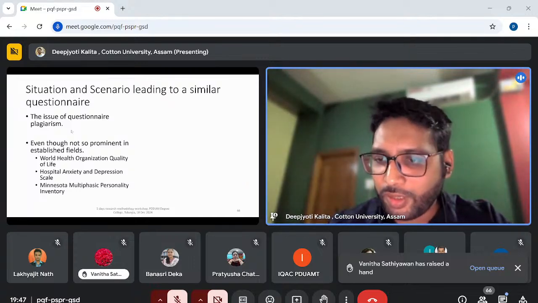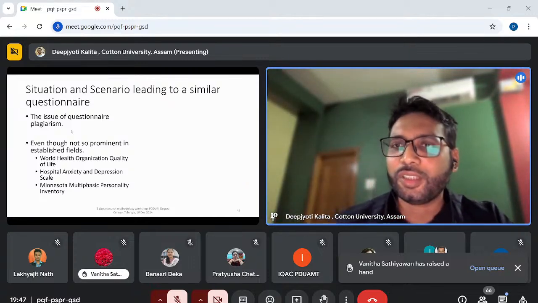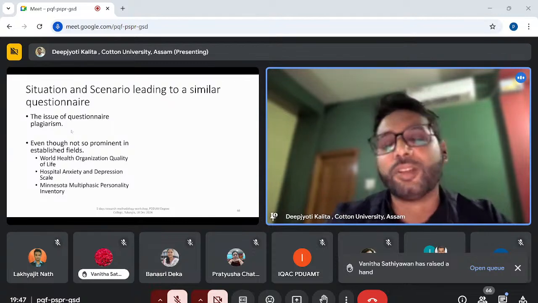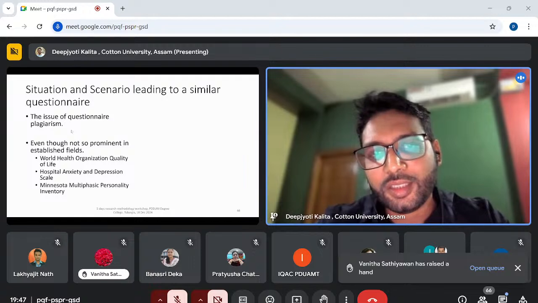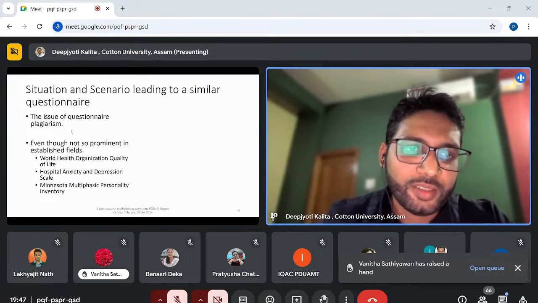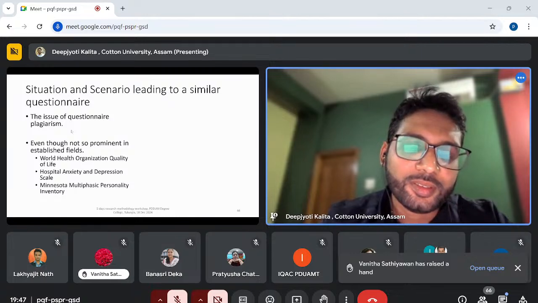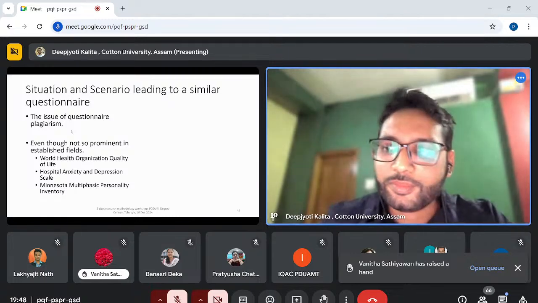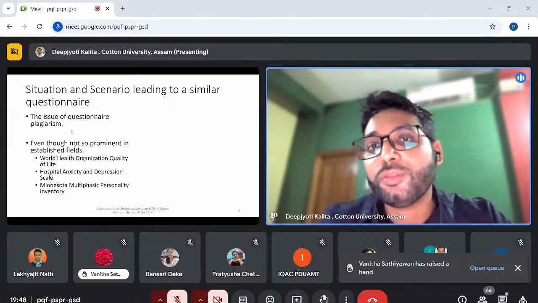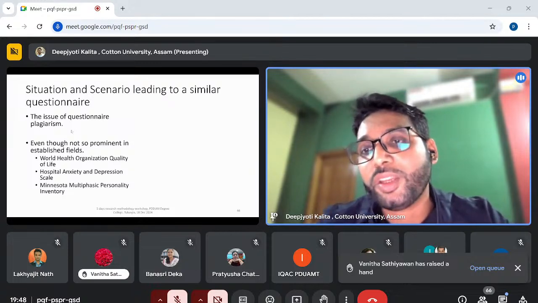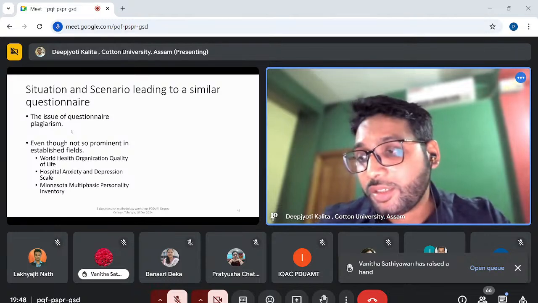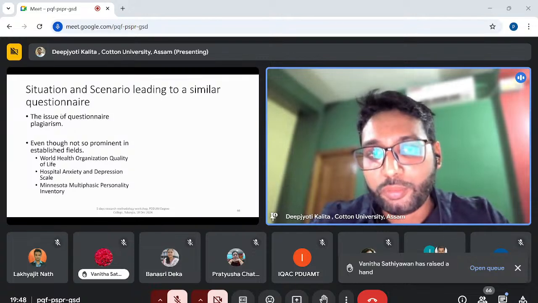Probably many of you have faced this. Like you are conducting a survey, someone has copied your questionnaire and they have already collected data, already given a conference paper, even though you are making a questionnaire for a thesis. Have you faced this issue? Anyone of you have faced this issue? Because if you have faced this issue, probably you can have a solution if you can claim the copyright of the findings. Because this problem is not prominent enough.